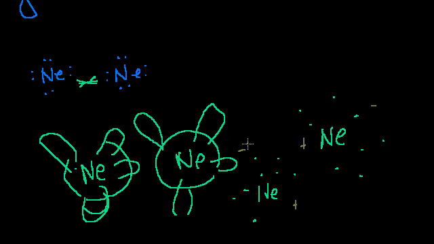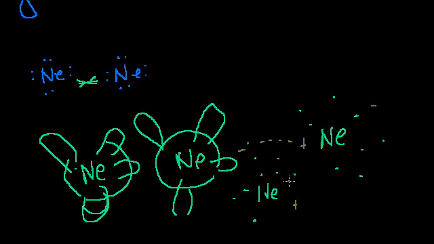So you're going to have a little bit of an attraction for that very small moment of time between this neon and neon. And then it'll disappear because the electrons will reconfigure. But the important thing to realize is that almost at no point are the neon's electrons going to be completely distributed. So there's always going to be this haphazard distribution, there's always going to be a little bit of a, I don't want to say polar behavior because that's almost too strong of a word, but there'll always be a little bit of extra charge on one side or the other side of an atom, which will allow it to attract to the opposite side charges of other similarly imbalanced molecules.